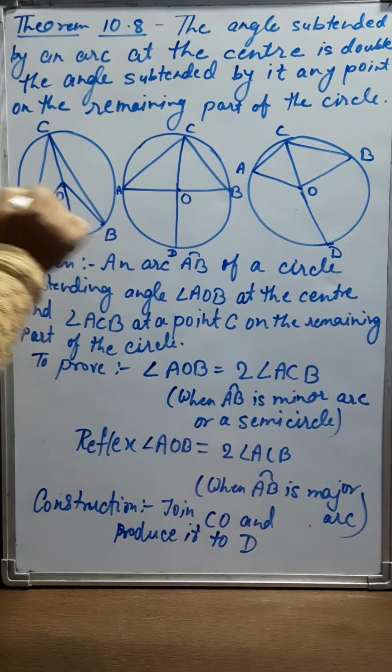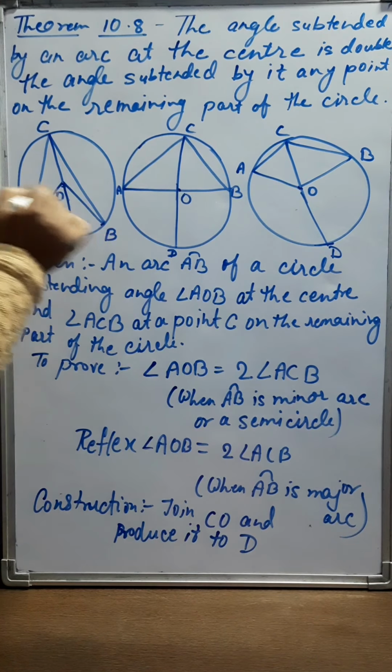By exterior angle property of a triangle, we know that the exterior angle is equal to the sum of the interior opposite angles. So you see in triangle AOC, this line CO is produced to D. So this angle 1 is the exterior angle for the triangle ACO. So angle 1 can be written as 5 plus 3. And this is the same in all the three cases. So angle 1 can be written 3 plus 5, which I have written here.